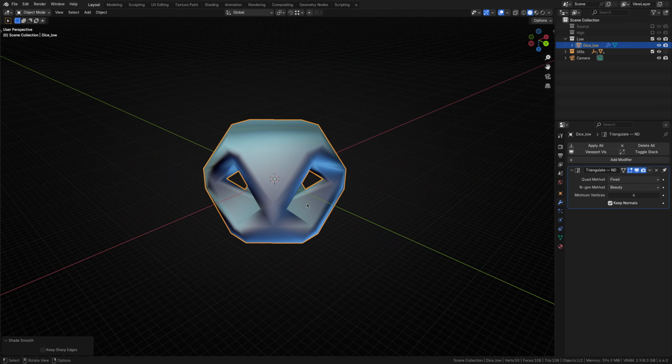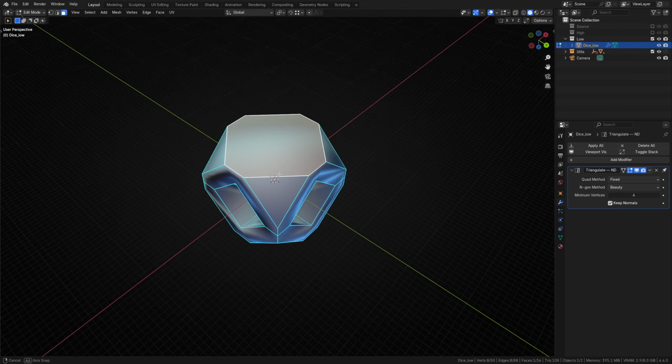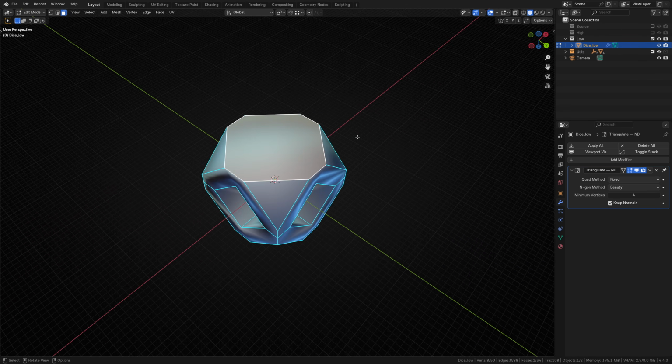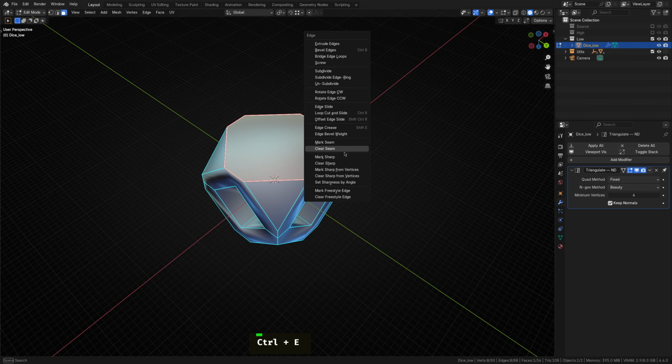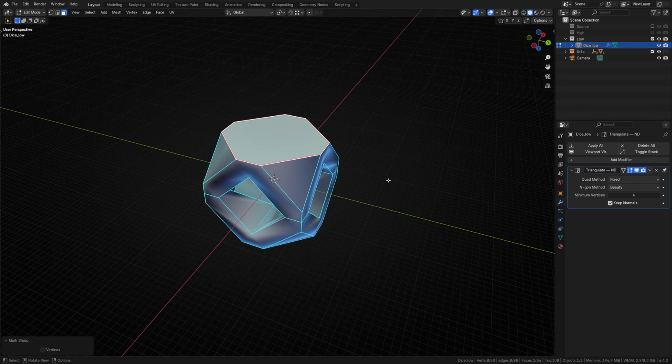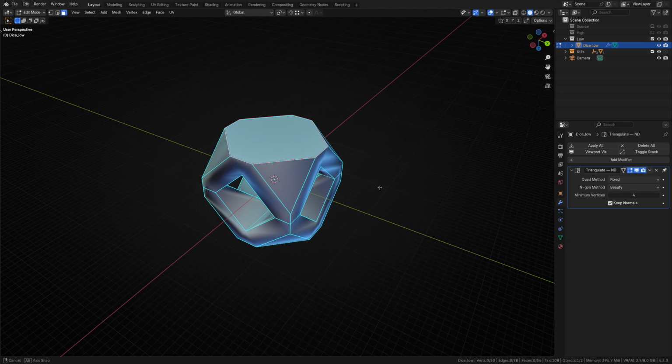From here, the approach is to jump into edit mode and start defining your UV seams and hard edges. The general guideline is that all hard edges should be UV seams, but not all UV seams should be hard edges. The reason for this we'll cover in the detailed series, but it's important to consider when you're baking bevels onto hard edges, as I am here.